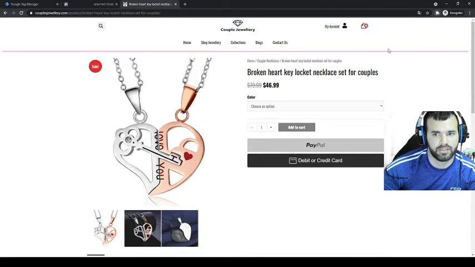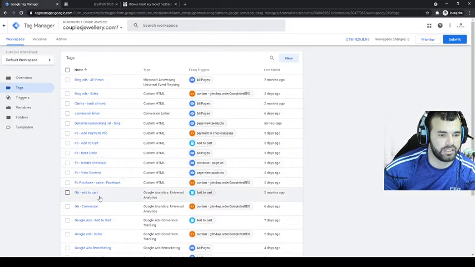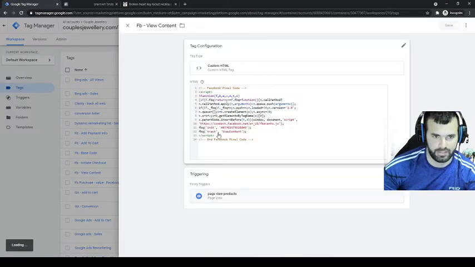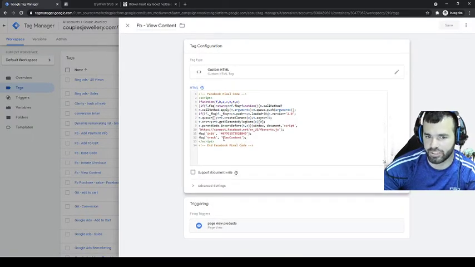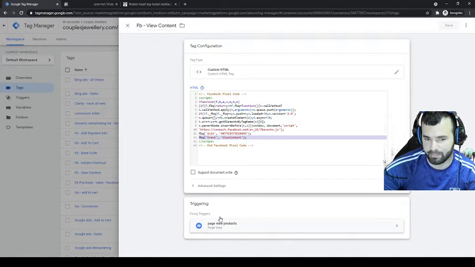If you see, now it has three, and if you see view content, how do I track it? I go to Tag Manager and I create a Facebook view content. It's the same code, but I change only this view content track and this page view